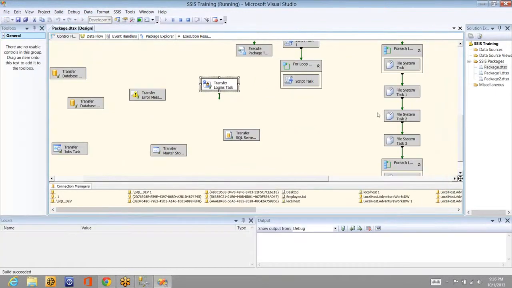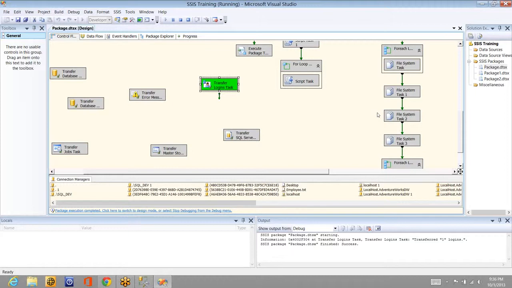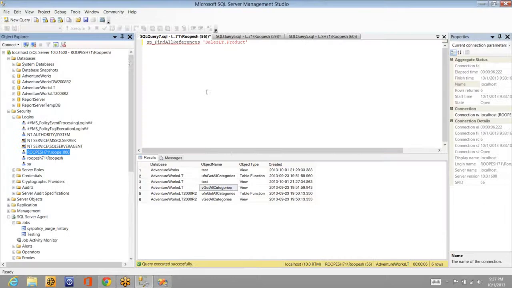If you observe all these transfer jobs, they have the same set of properties, or a very similar set of properties. For example, if you take jobs, the source will be there, the destination will be there, and what jobs you want. And if you take logins, source, destination, and what logins. So all these things are very closely related, and that is why I have opted to explain everything in one session. And let's see, the task is successful.